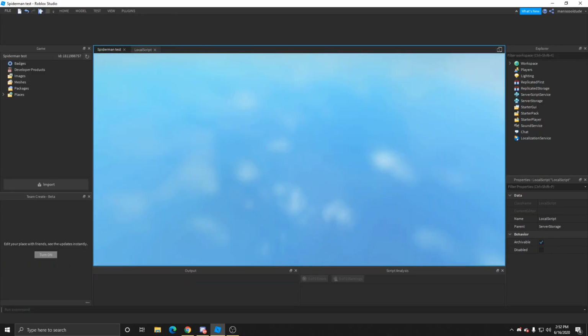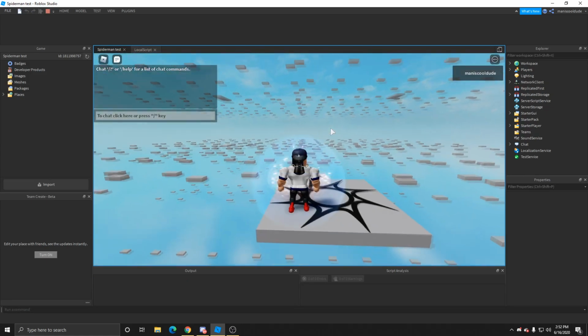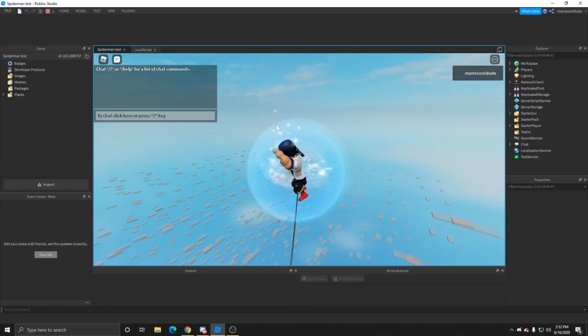Alright, now I'm back and I actually got the script working. From right here, it swings. Basically Spider-Man physics, you know,